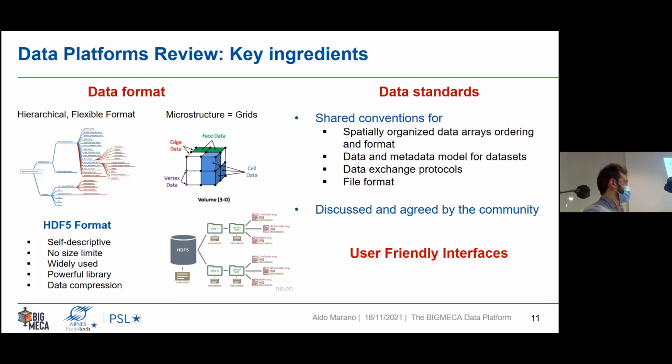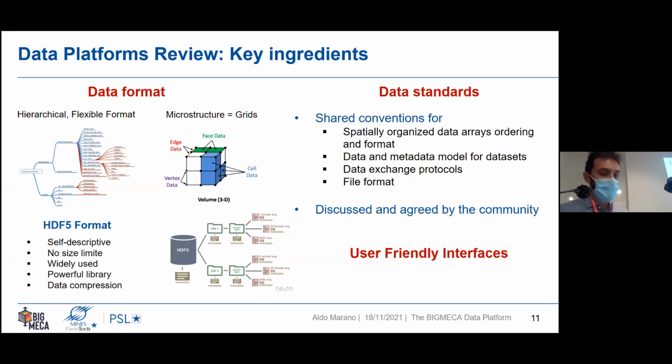The second is that they set up standards on the shape of data. So for instance, DREAM.3D proposed to store microstructure as grids. So basically a set of points and a set of cells that are defined like a mesh or an image, and that defines the geometry of the grid and that are the supports for microstructural data. But you have other conventions, of course, for astronomy or oceanography, which have set up similar conventions to organize data